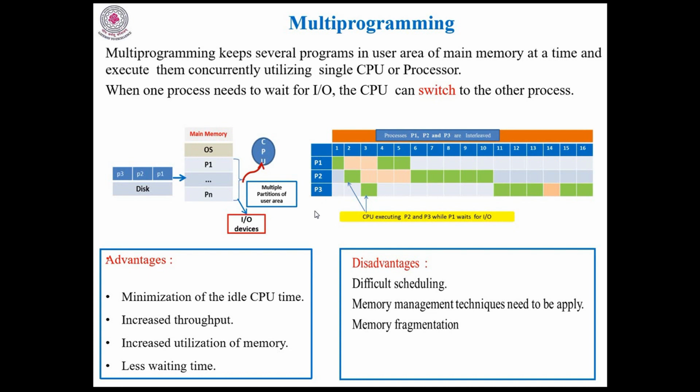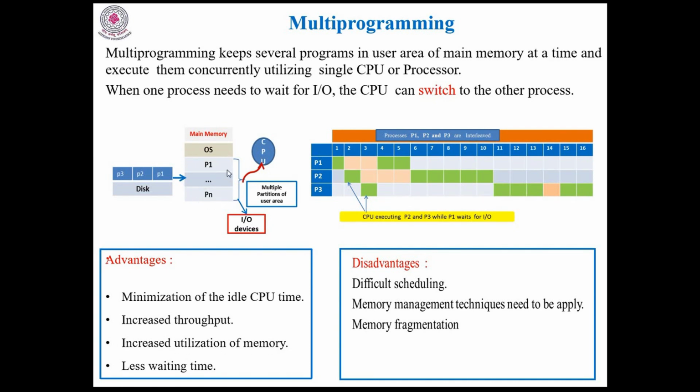That is one added advantage in the multi-programming. If you want to go for a fourth process, then a swapping operation is required. Any one of these processes must be swapped out and the next process has to be swapped in. So that is one added advantage in multi-programming compared to uniprogramming. So increase the throughput means within 16 milliseconds I should be able to execute 3 processes, whereas in the uniprogramming, to execute 3 processes I require 21 milliseconds. So throughput is increasing.